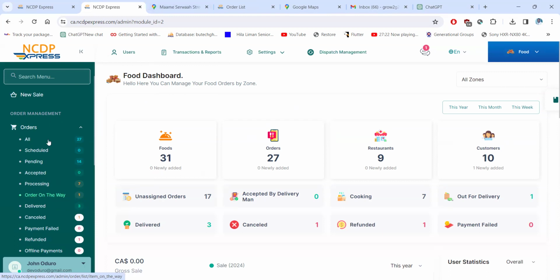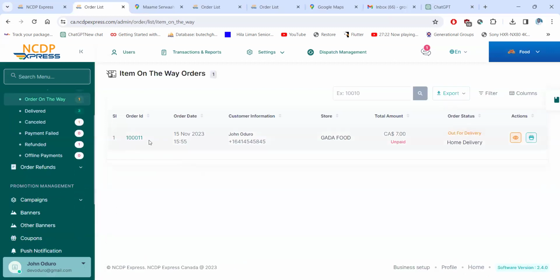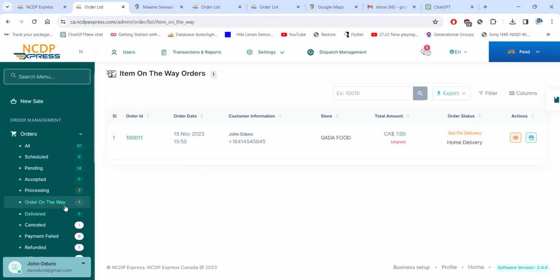So we need to call or click here. Once you click there, you see the details. This is the detail, this is the order ID and the store they ordered from. So if, for example, we see that there is a number in front of or beside the order on the way,